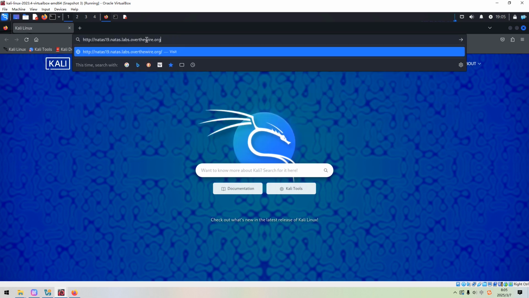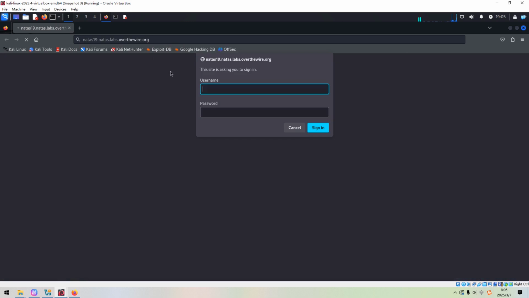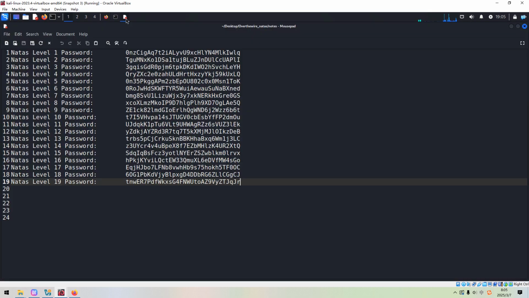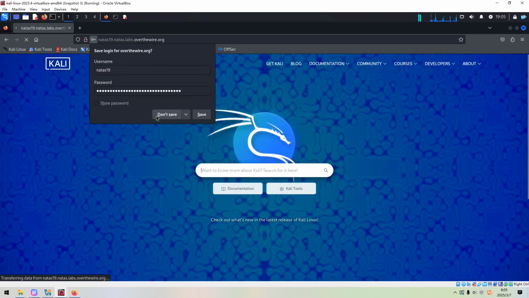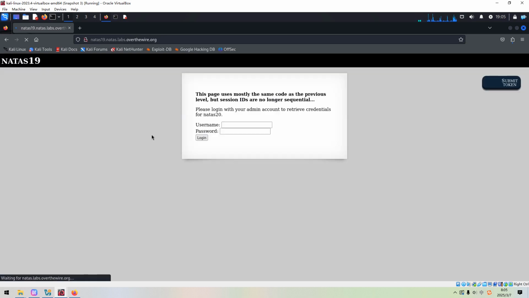paste it in here, press enter. Now we are required to provide a username, natas19, and we can get its password from the notebook. No problem, we can copy it and paste it into the password field and click sign in. Don't save. So here it's saying this page uses mostly the same code as the previous level, but session IDs